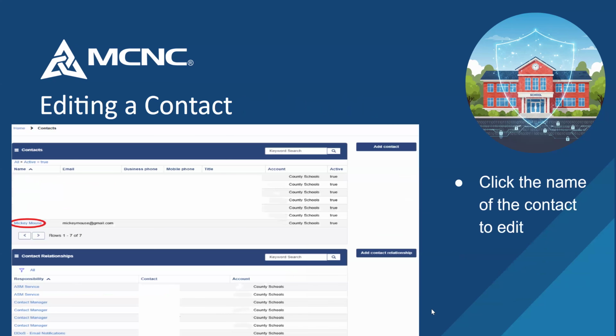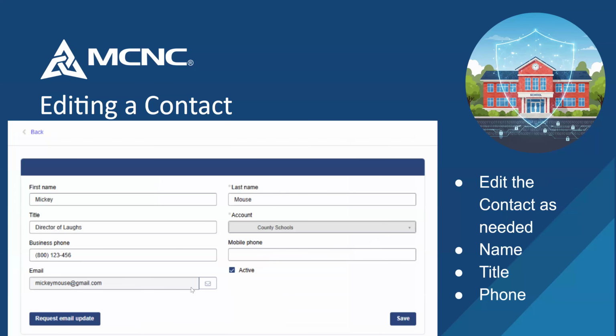All right, moving on to editing a contact. And you'll see here over on the left-hand side, we've got Mickey Mouse. So Mickey's been in our organization, and Mickey's been doing quite well. And we need to edit this contact because some of the information that we have for Mickey isn't quite right. He's been doing really great, so he's going to get a promotion. So if we go over here,